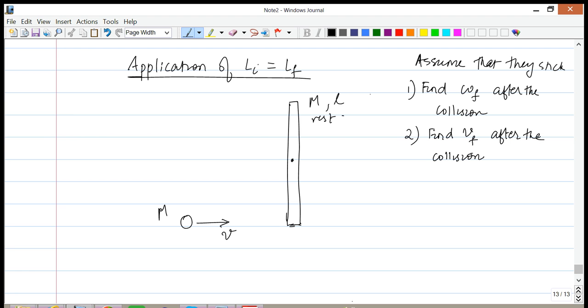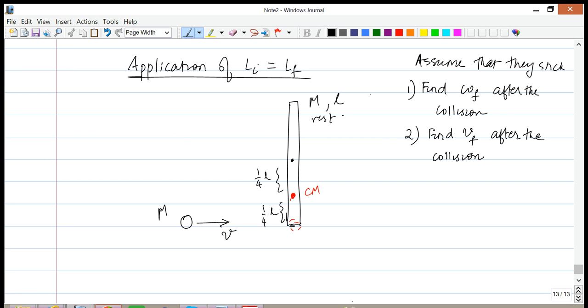So we need to first figure out where the center of mass is, and in this case, the center of mass is going to end up being right in between here. So the center of mass is a point here. Let me show it with red. This is going to be the center of mass after it gets stuck here, and that center of mass is going to be a distance of a quarter L from here, and it is also going to be equal to a quarter L from here.